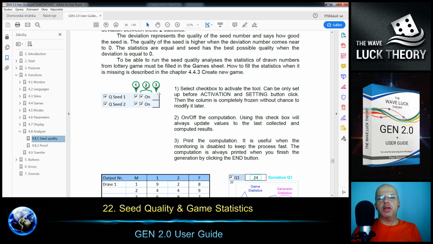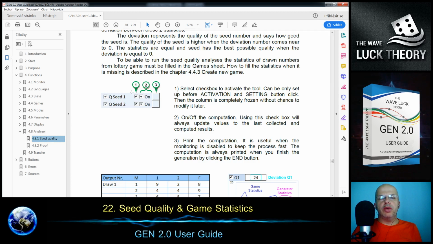The last button, as I presented in the previous video tutorial, I said by mistake it is the reset button, but it's not true, it was my mistake. In fact, it is the print button, with which I can print the computation right now, so I can print the latest known value. And it is useful